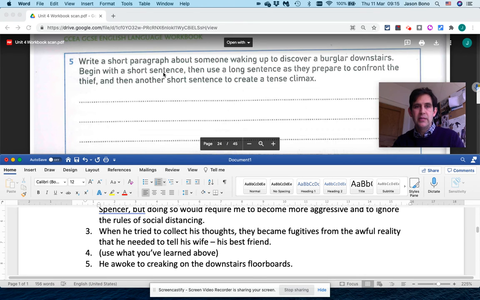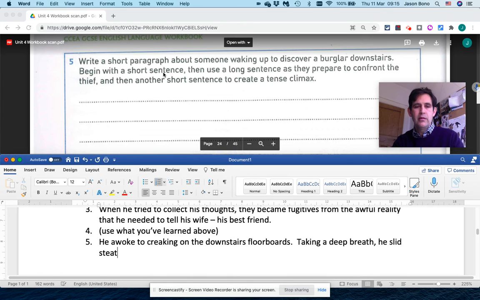Okay, that's a short sentence. I'm going to maybe start with an intro part. Okay, taking a deep breath. It doesn't stand by itself. He slid stealthily from the sheets and steeled himself. Okay, in other words, made himself like steel